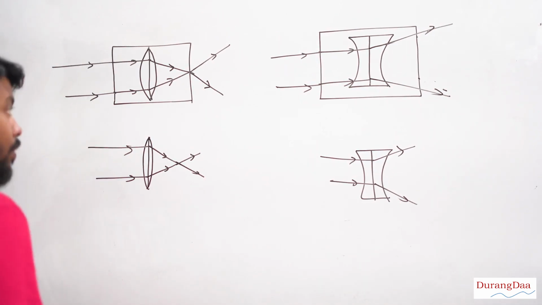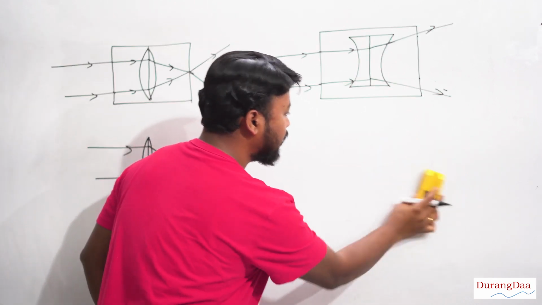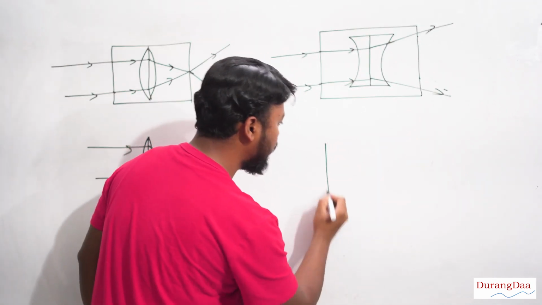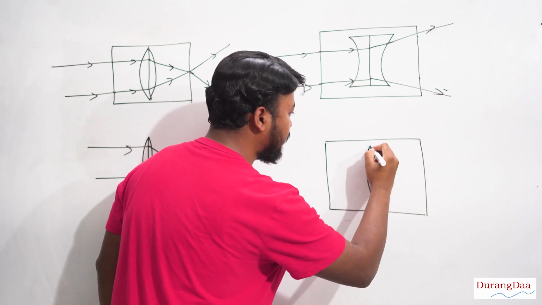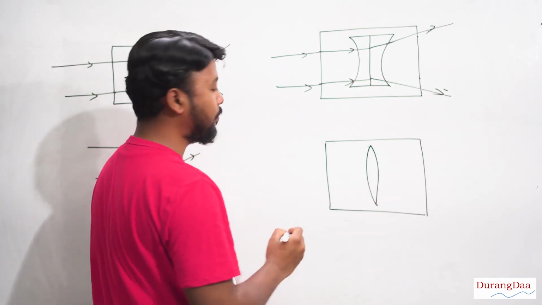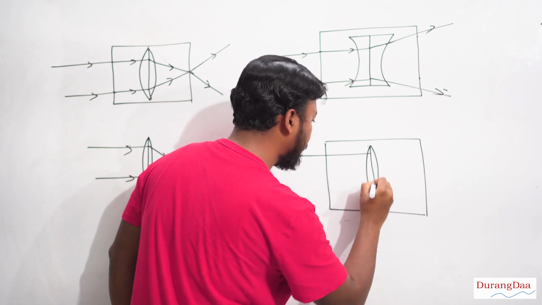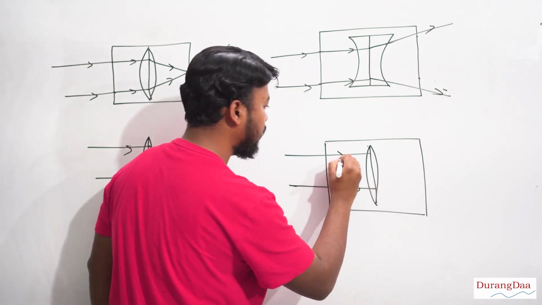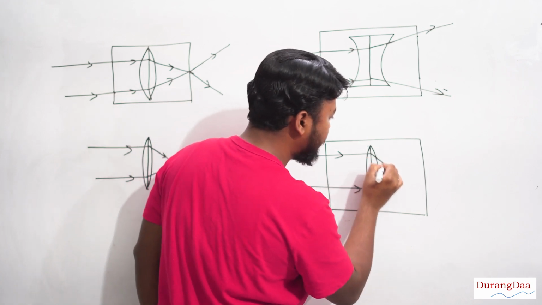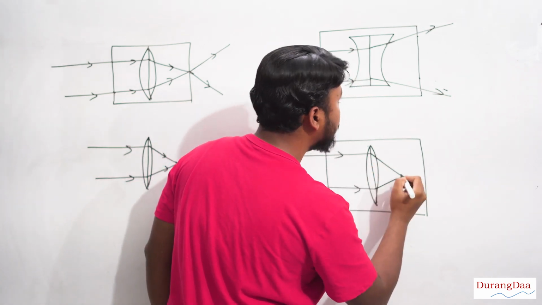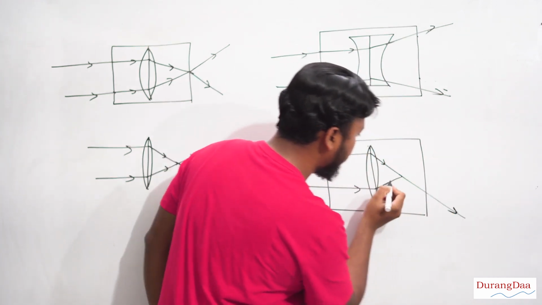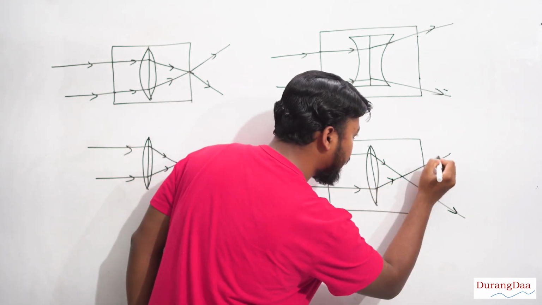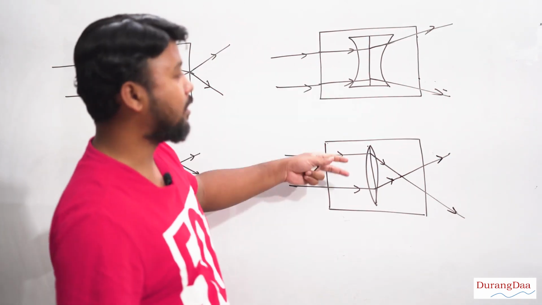But for the second question, one more possibility is there. Remember what I told you, you have to justify what you are drawing. In this situation, there can also be a convex lens inside it. So how will you draw that? Light rays entering, parallel ones, make them intersect inside the box, so that when they are moving out, this light ray will move out straight like this, and this light ray will move out straight like this. So both answers are correct, but you have to draw it correctly.